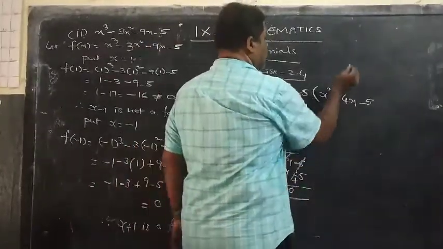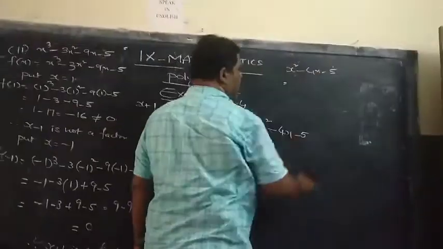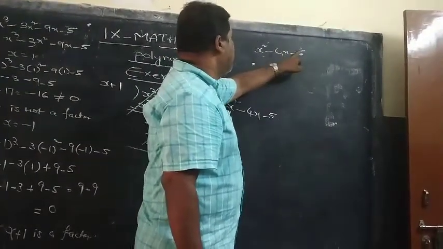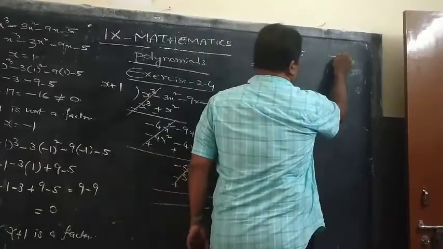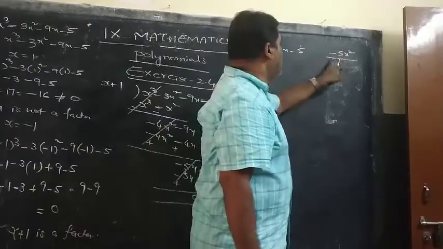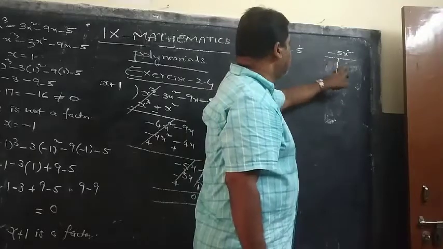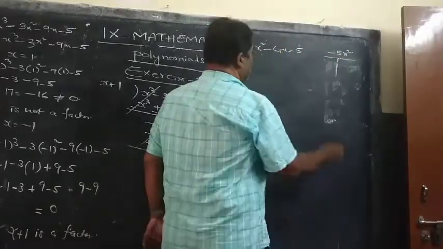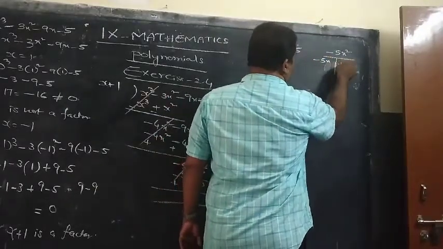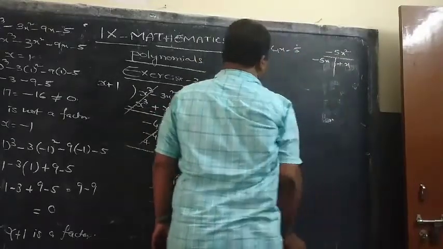So here we got the quotient x square minus 4x minus 5. Now we should factorize. In factorization, we will multiply the last term with the first term. Minus 5 into x square is minus 5x square. Now divide this product into 2 parts. On adding the 2 parts, we should get the middle term. On multiplying the 2 factors, we should get this product. So minus 5x square. So here for minus 4x, we should get minus 5x plus x. If you add, it is minus 4x. If you multiply, it is minus 5x square.